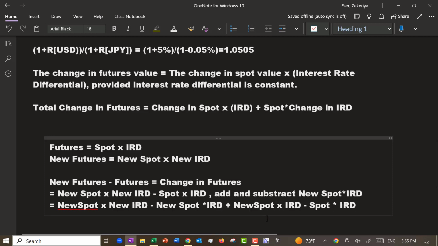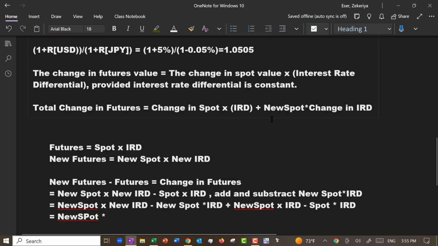I basically added a zero, right? But if I collect them, this should be new spot, I think. New spot times new IRD minus IRD,